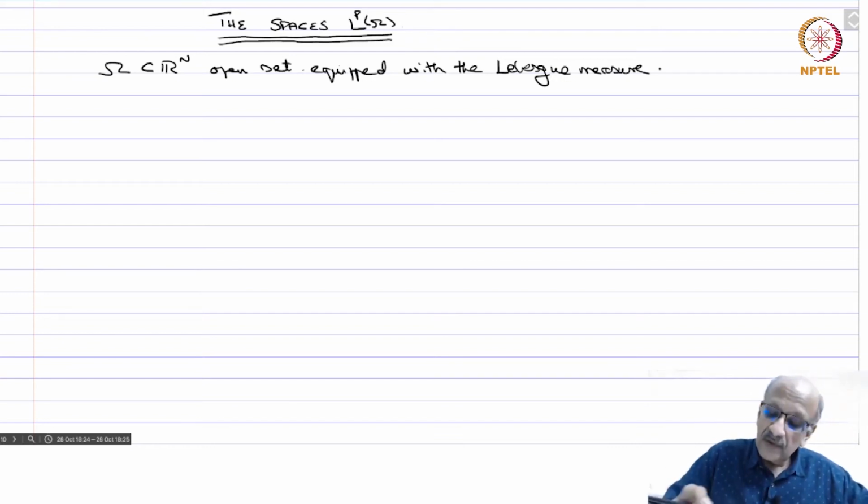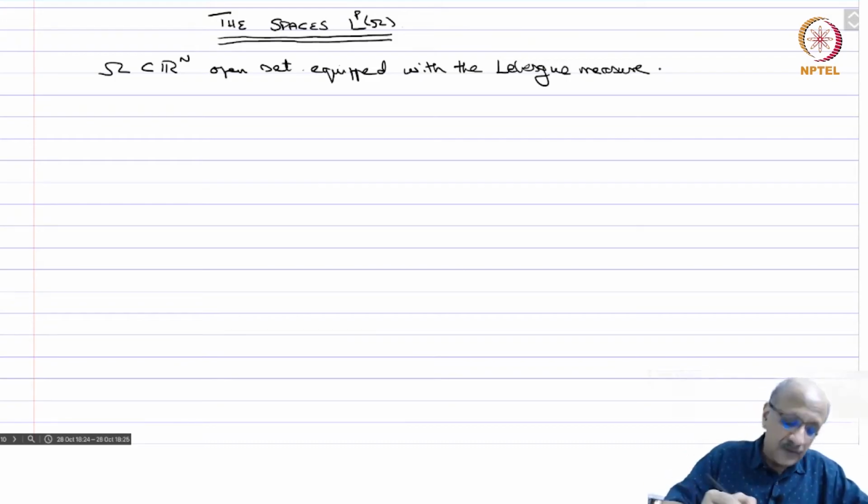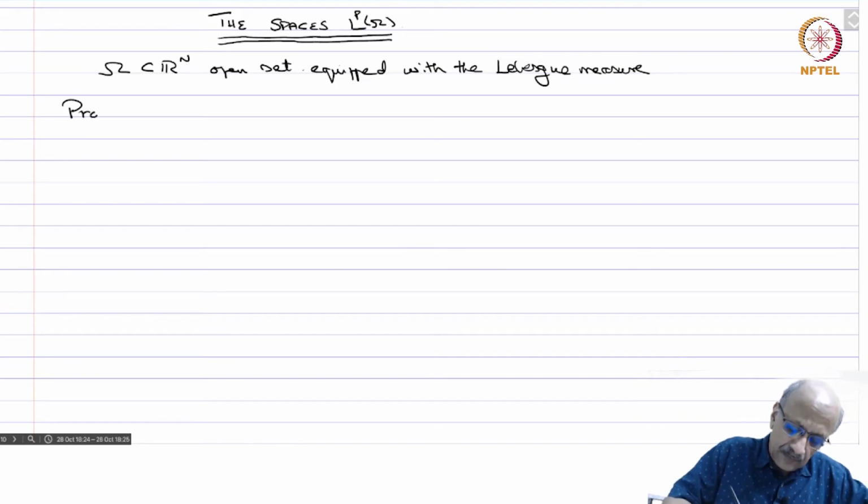Since the measure is fixed, we concentrate on the domain instead, and we call these spaces L^p of Ω for 1 ≤ p ≤ ∞. So we want to study the properties of these. These are very special. They occur in a lot of applications, and therefore let's go ahead. So, proposition: